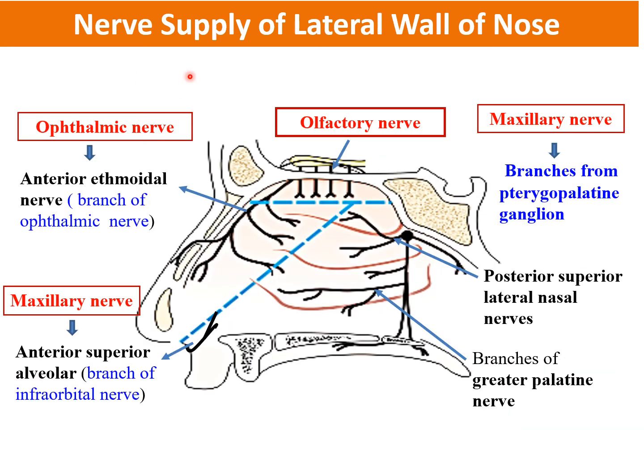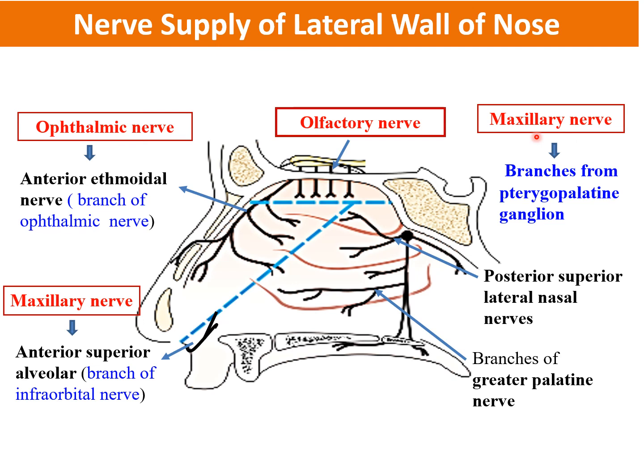Let us look at the sensory innervation of the lateral wall of the nasal cavity. We have two kinds of sensations. First is the sense of smell, that is special senses. This will be carried by the olfactory nerve, the first cranial nerve. The general sensations, which are pain, temperature, that is heat, cold, then pressure, touch, will all be carried by two divisions of the trigeminal nerve, the fifth cranial nerve, and these are either via the branches of the ophthalmic nerve or via the branches of the maxillary nerve.